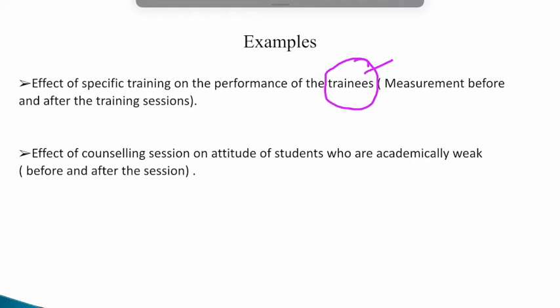Again, taking back the previous example, that is of the counseling session. If you are taking up the student groups and you are recording their attitude, or you are having some readings of their attitude before the session and then giving after the session, then this will be coming under this kind of design where we say pre-test, post-test, and before and after. So definitely this particular design is maybe more effective than the previous one, because here we are having the two points of observations, once before the experiment and before the treatment, and another after the treatment.